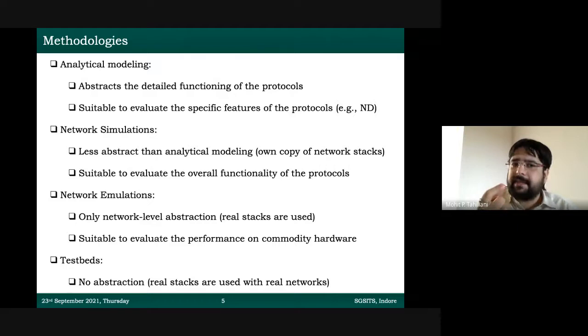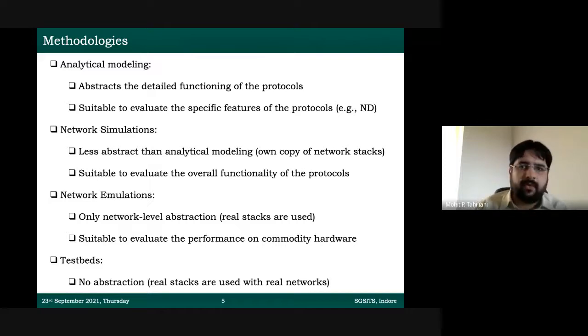And one more important thing can be done in analytical modeling. You can divide the protocol's functionalities into small features, and you can individually test one feature at a time because all other things can be abstracted out. So you can see the second bullet I've written: analytical modeling is good and suitable to evaluate specific features of the problem. For example, you study any routing protocol, whether it is wired networks, wireless networks, IoT, mobile ad hoc networks, anything, there's something called neighbor discovery, which I have written in short as ND. Neighbor discovery means if I am a node who wants to form a routing table and know the structure of my network, first I need to identify my neighbors.